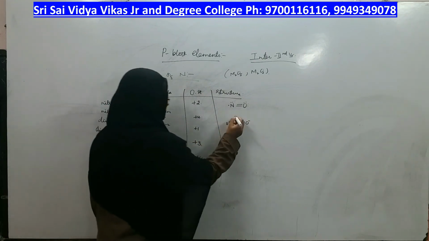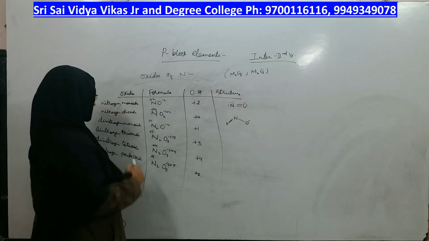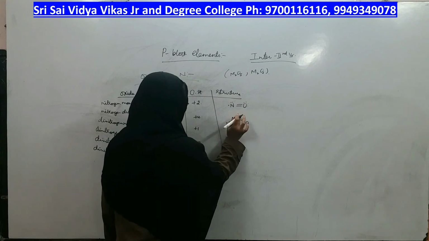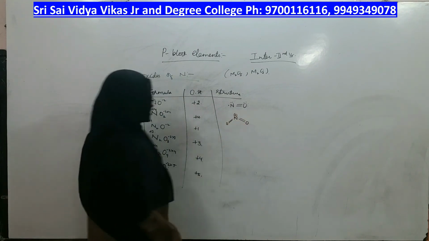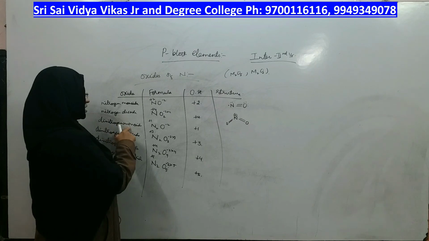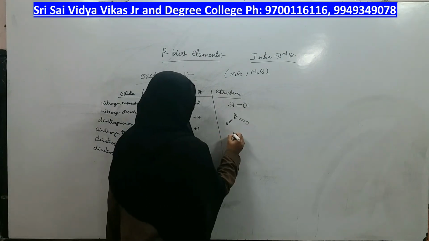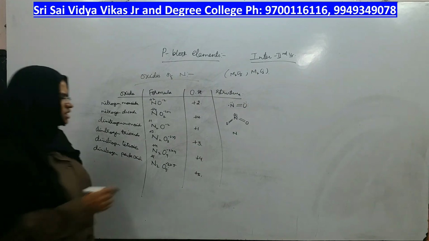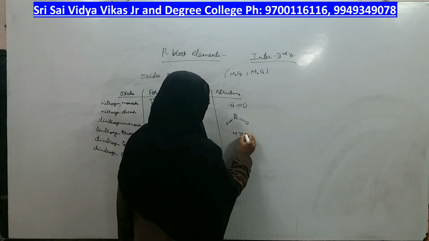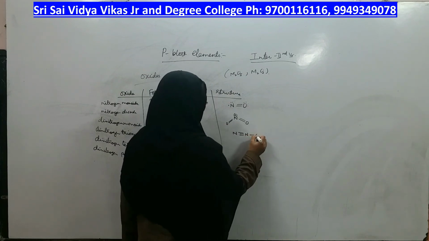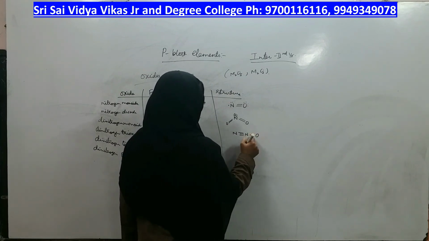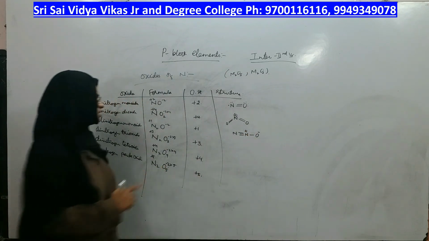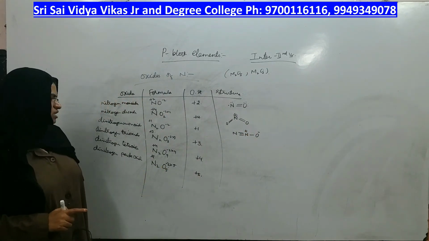Now, or you can also take it this way, in which nitrogen gets plus charge. This is NO2. What next? Dinitrogen monoxide. Dinitrogen monoxide means how many nitrogens are there? This is dinitrogen. On which one oxygen is there? Oxygen has only 1 bond, minus charge should come. Nitrogen has 4 bonds, plus charge should come. This is dinitrogen monoxide.